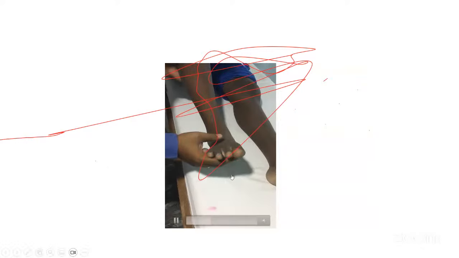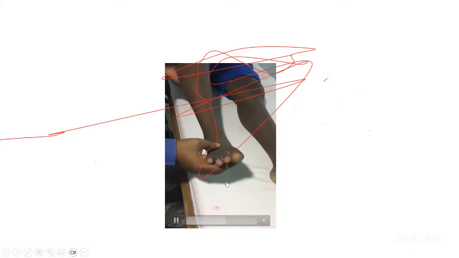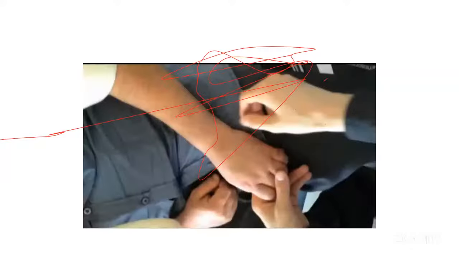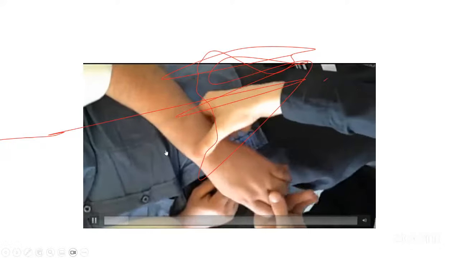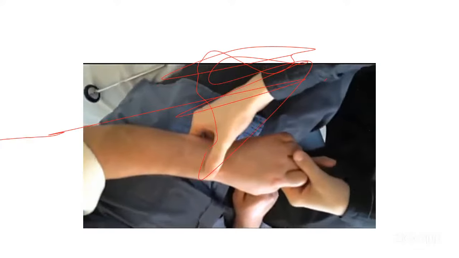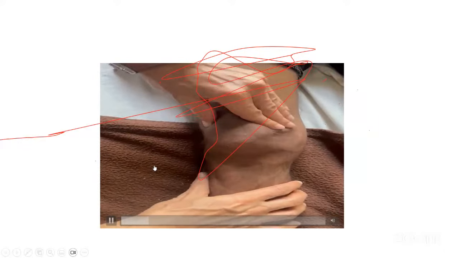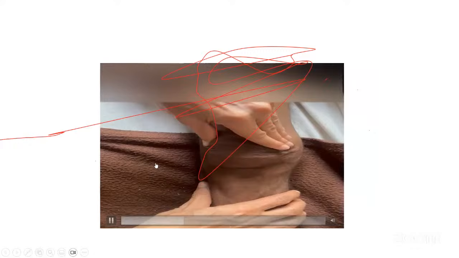So here we can see the clonus, ankle clonus. Here we can see the patellar clonus. We have to hold the upper part and then